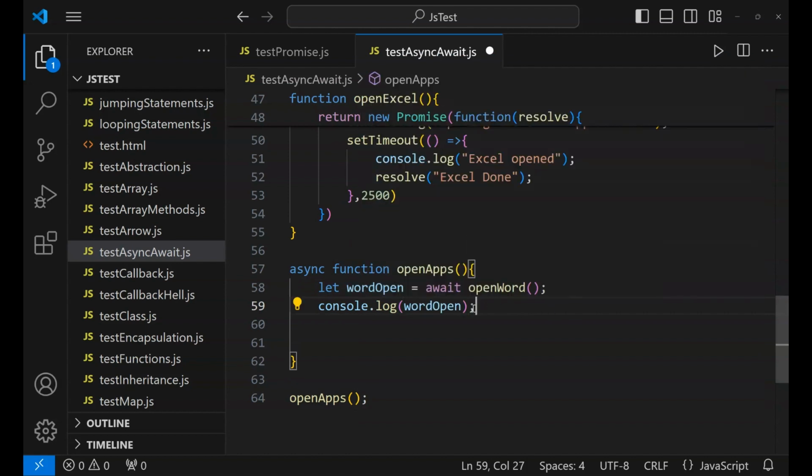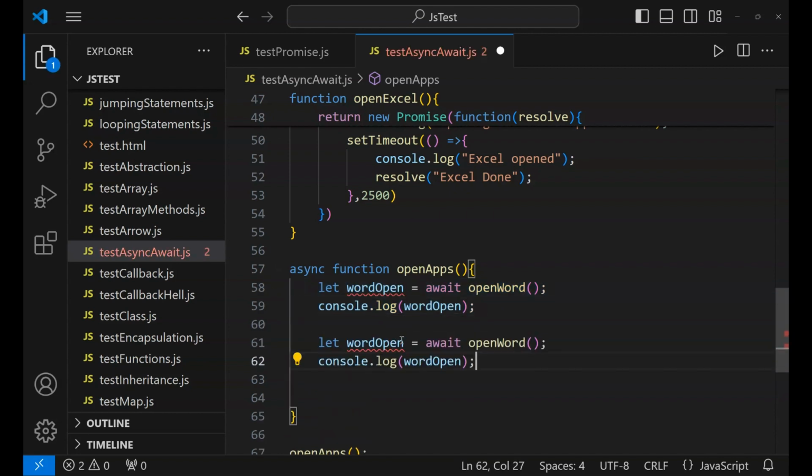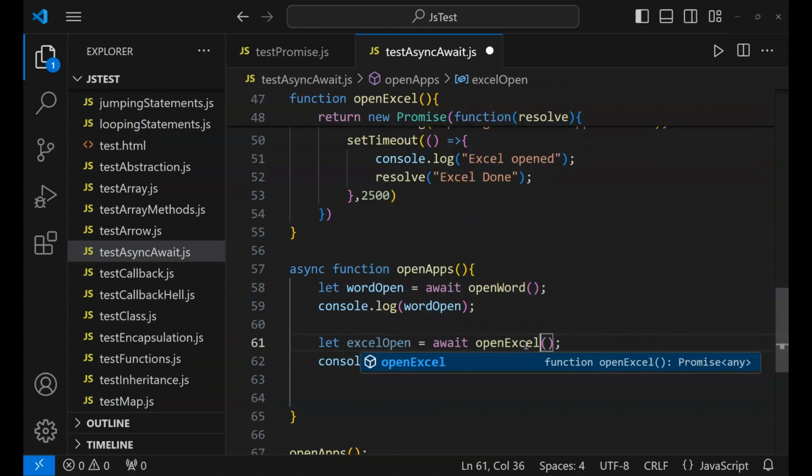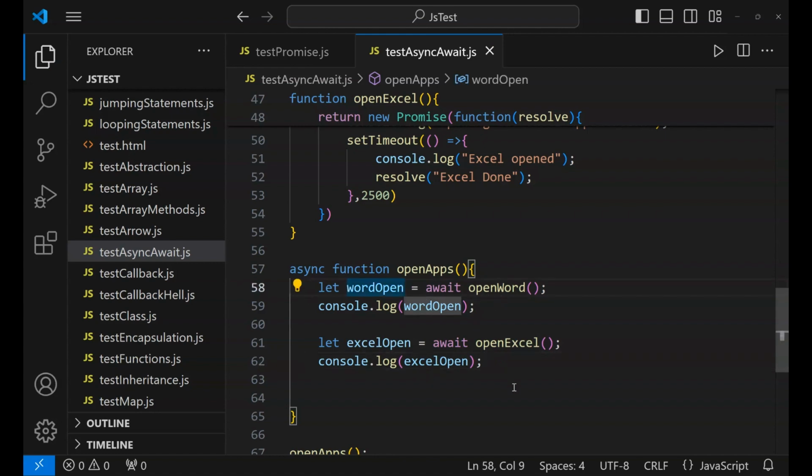I'm gonna do the same for how many applications I have. Let's say I have Excel now, excelOpen, and the function name is Excel. So without using promise chaining, I'm using async await to open the applications one by one